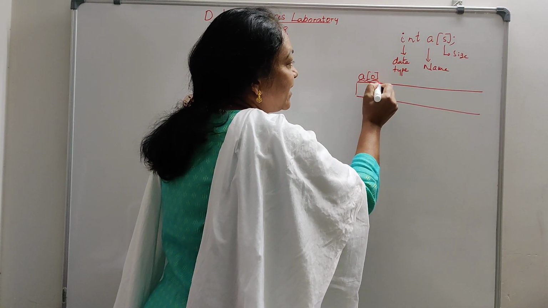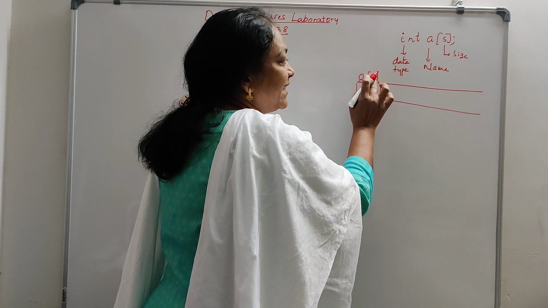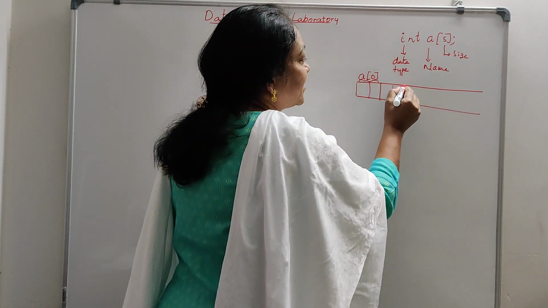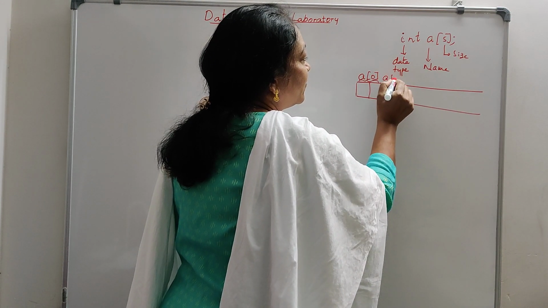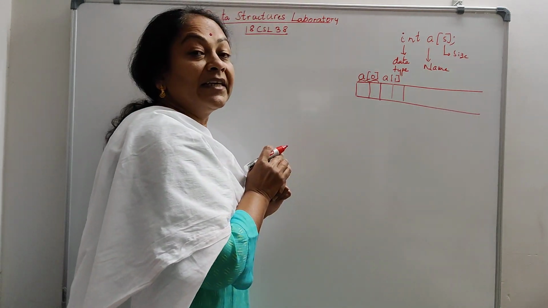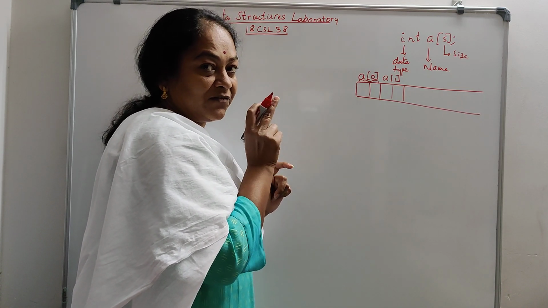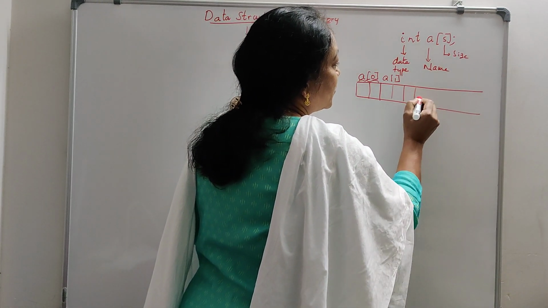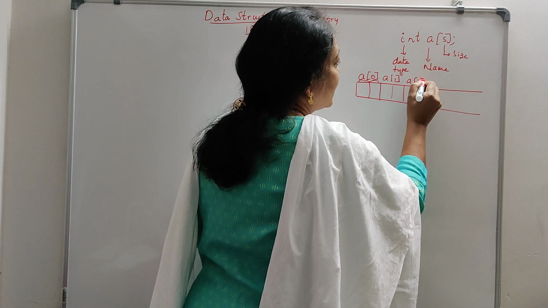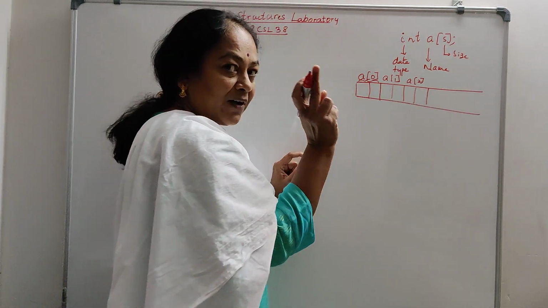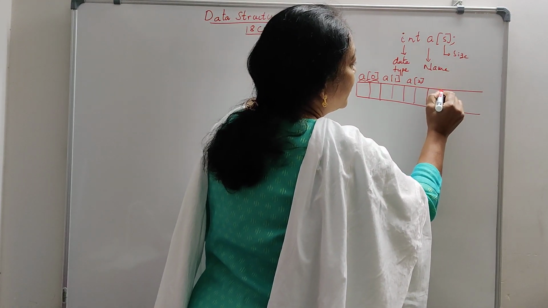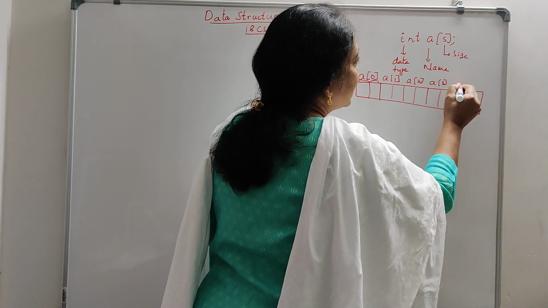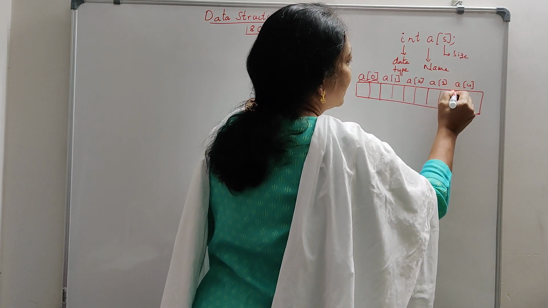So the first element is denoted by A[0], that is index 0. That means the first 2 bytes will be allocated for the first element, and the next 2 bytes will be allocated for the second element, denoted by A[1], where 1 is the index. As we start the index from 0, the second element is at this point. Let each of these locations be 1 byte. The next is A[2], then A[3], and then A[4]. This is the last element, as we started with 0.